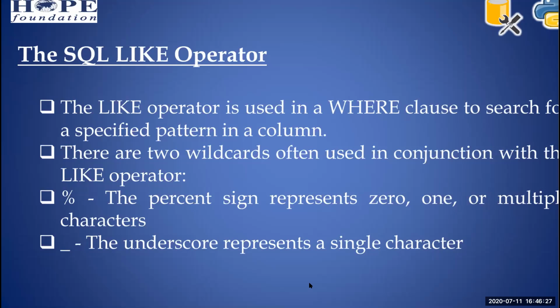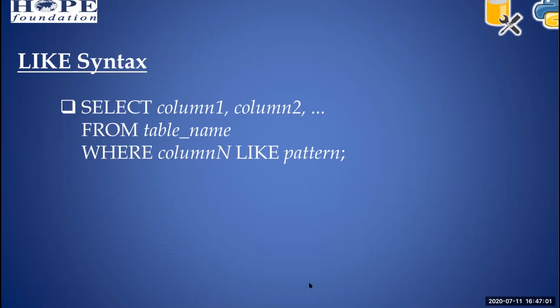By using LIKE, we can print values starting with A, for example. The LIKE operator is used in a WHERE clause to search for a specific pattern in a column. There are two wildcards often used in conjunction with the LIKE operator, one of which is the percentage symbol, which we use to get the result.